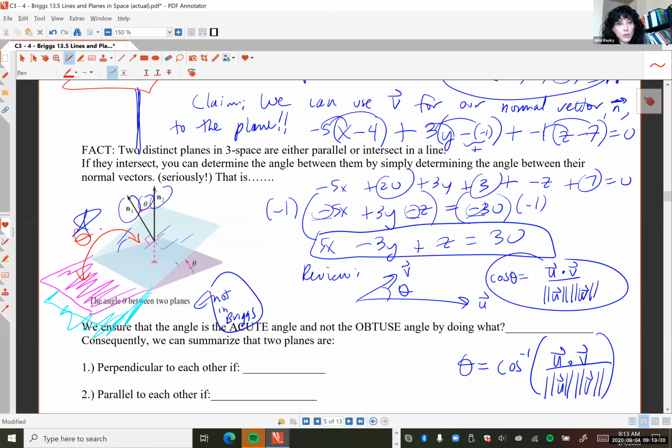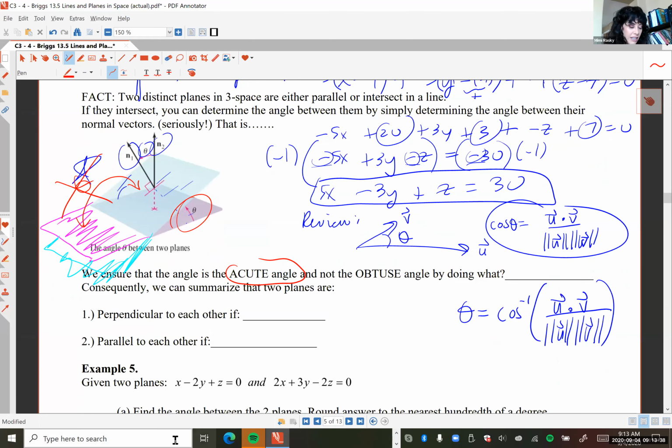So what are they interested in when they're asking for the angle between two planes? Not the obtuse. They want to keep it to the acute angle between the two planes. So how do you guarantee that you're going to get the acute angle and not the obtuse version? What you're going to do is use this formula here, but instead, of course, of just any vectors u and v, we'll use